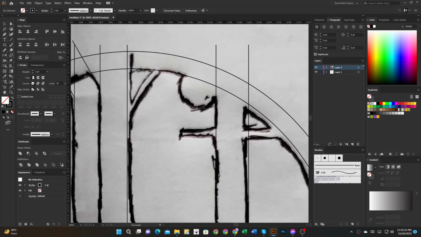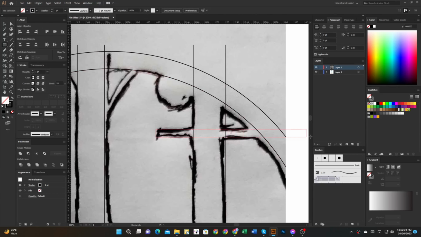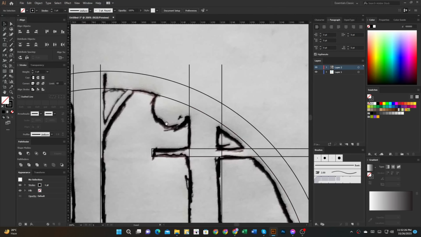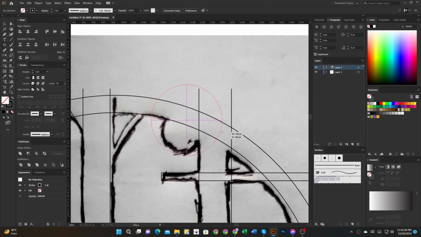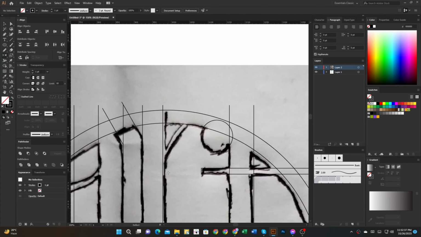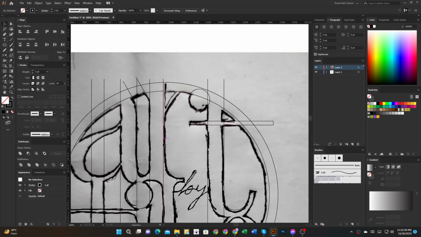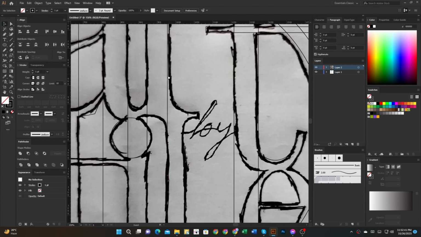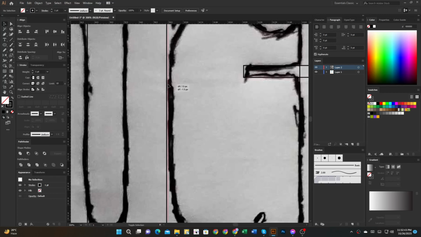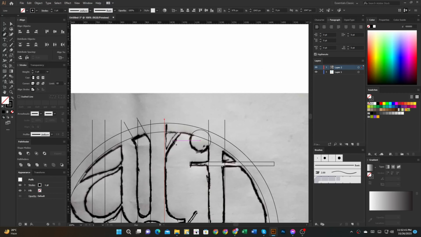Then I take a rectangle shape. And then take a circle shape. OK, then I use a pen tool.